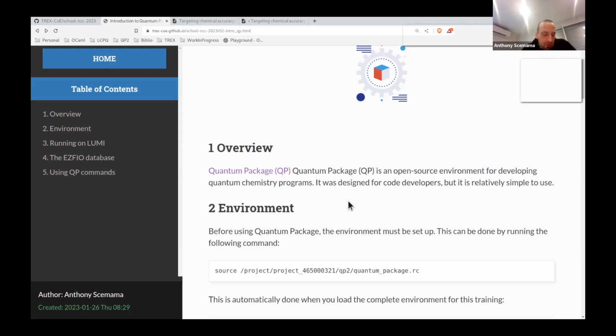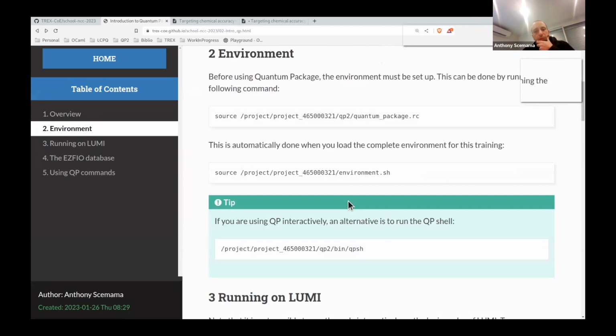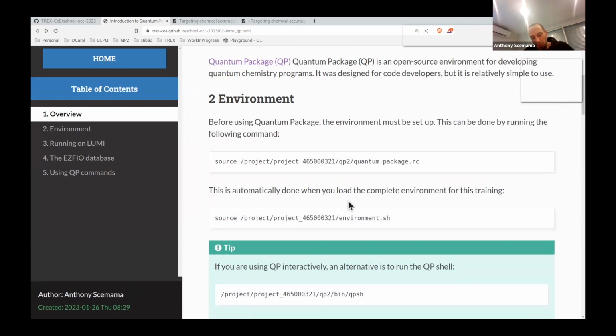But of course, you can do all the standard methods like Hartree-Fock, DFT, and MP2 and things like that. So what we're going to do today and tomorrow is prepare Hartree-Fock wave functions for QMC and a Kohn-Sham determinant, and we're going to make a QMC run using these trial wave functions.